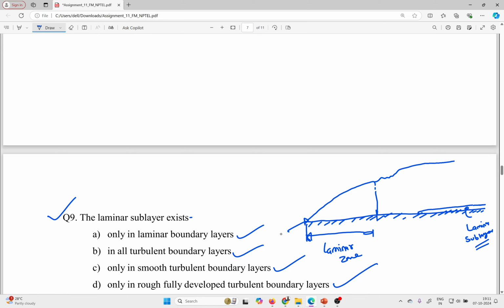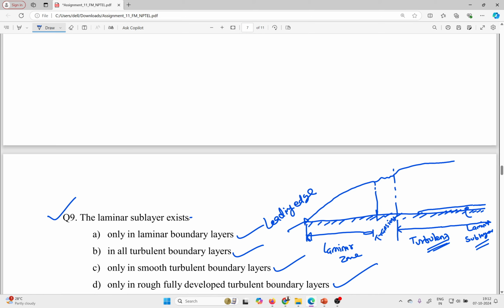This is your leading edge. This is your transient, and after that this is your turbulent, and this is transient. So the laminar sublayer region exists in the turbulent boundary layer. So here